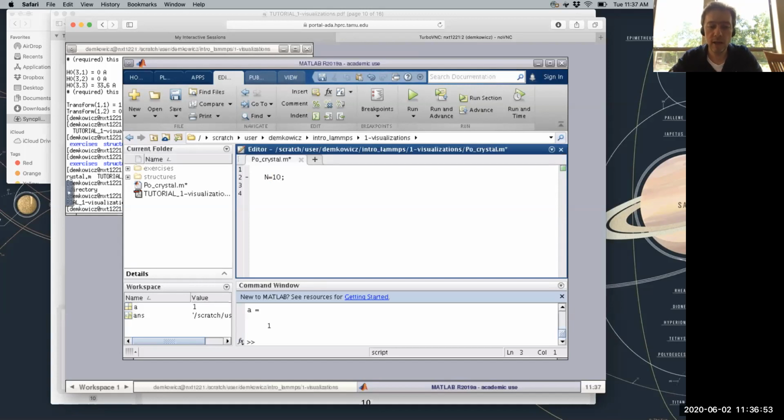And now I'm going to write a very quick script. Again, I'm writing this in Matlab, but if you prefer to use Python or something else, that's totally fine. Before the for loops, I'm going to create the variables that I'm going to use to store the positions of the atoms. So I'm going to say x equals zeros(n^3, 1). That basically makes a vector with n cubed zeros in it. Then I'm going to have a y coordinate, which I'm going to initialize to be the same, and z as well, which is also just a bunch of zeros.